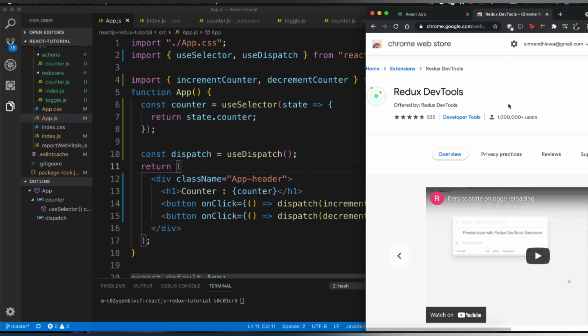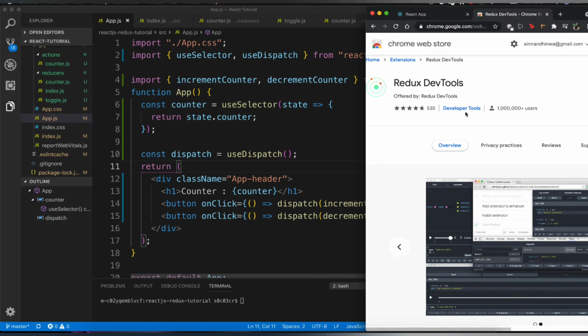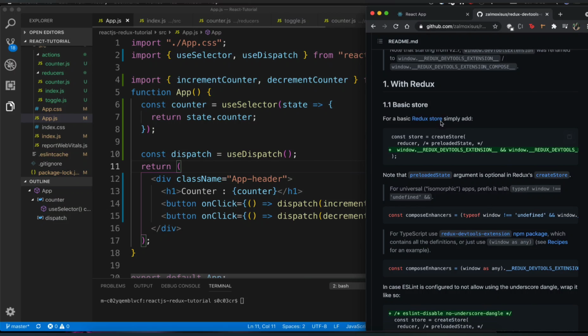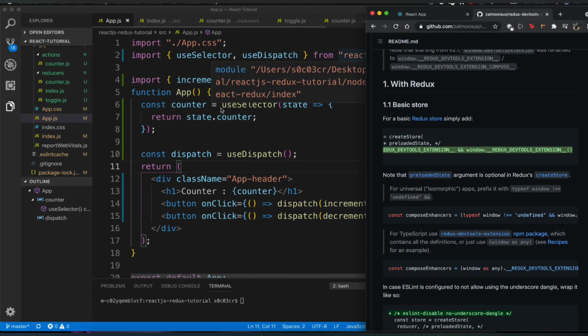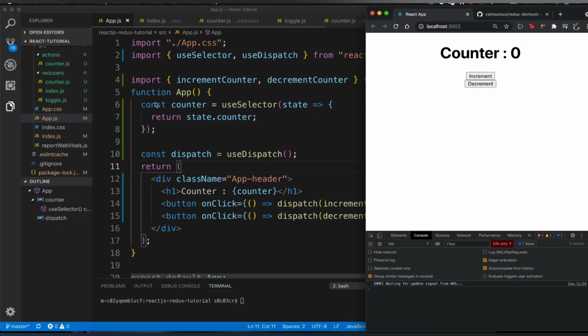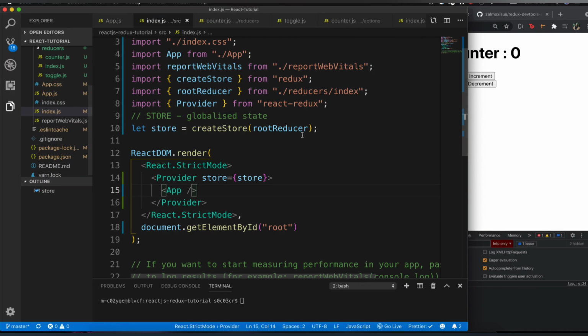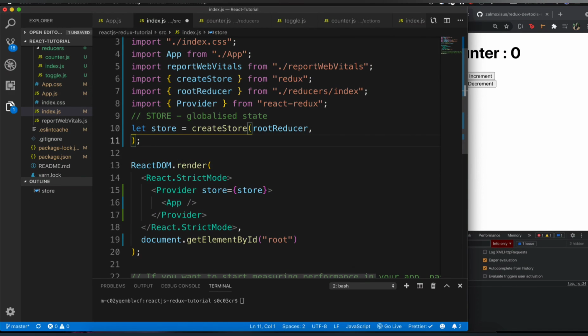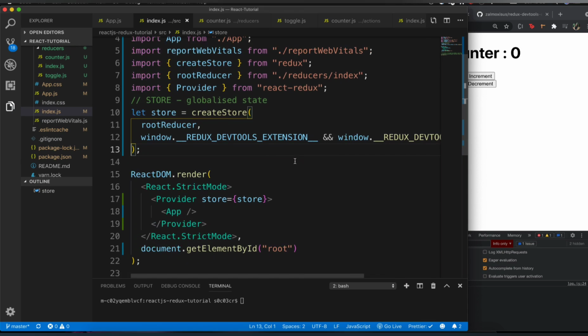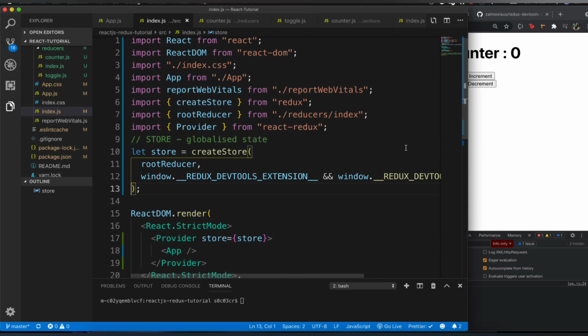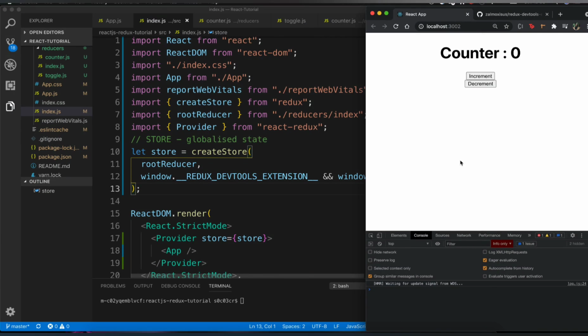And another thing you'll have to do before you can actually start using it. If you go to the GitHub link, it's going to ask you to add another parameter to createStore, which is a second argument, so that we can go ahead and check it in our browser. So I'm going to copy this, and let me go to my index.js over here and simply add this second parameter so that I can actually start using it. So I've added this second argument in order to use this DevTools. And now I should be able to see Redux over here.